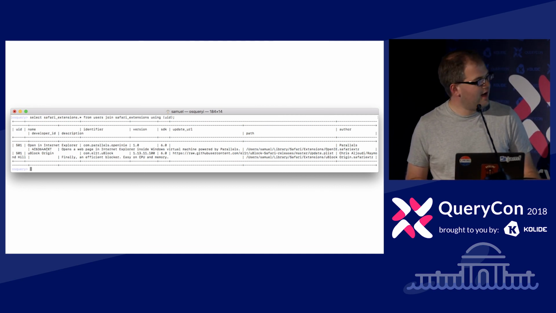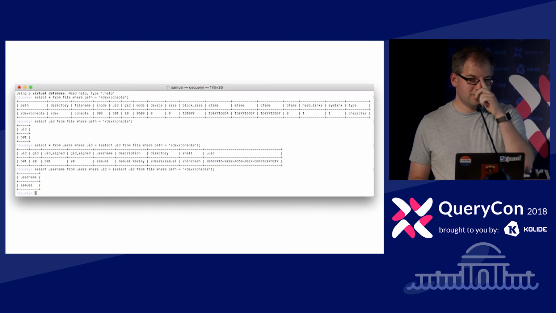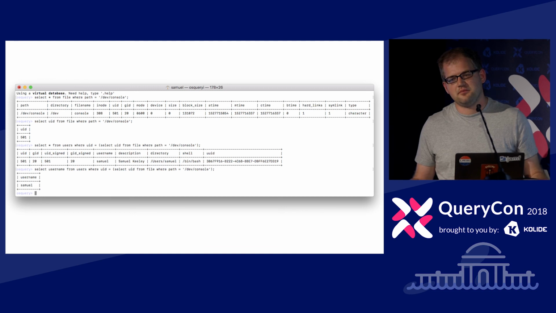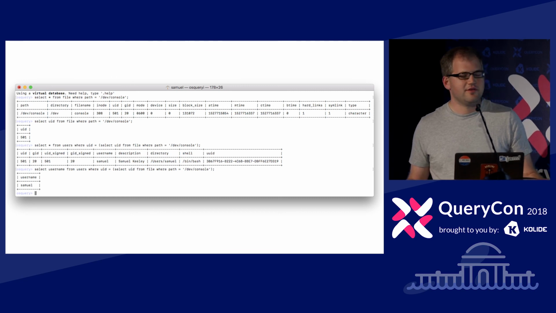So I wanted to write a query, and this is a common thing that needs to be achieved in systems management, especially of laptops and endpoints, and find out who the current user is of the machine. So we can work through this.